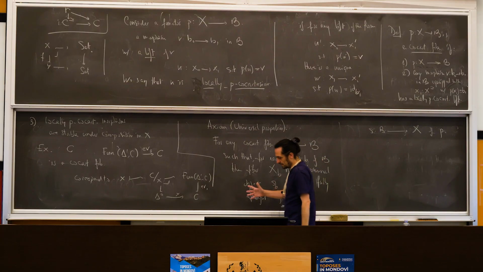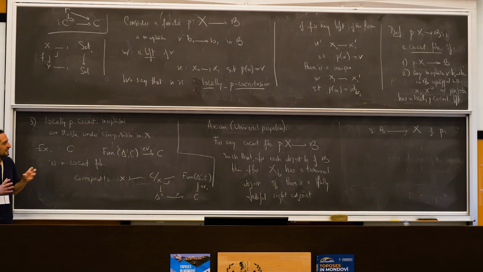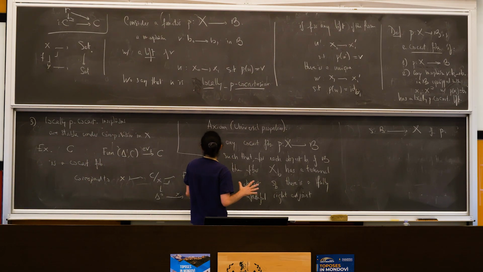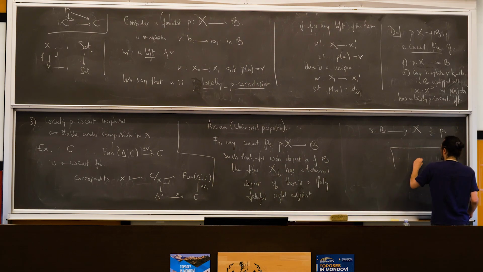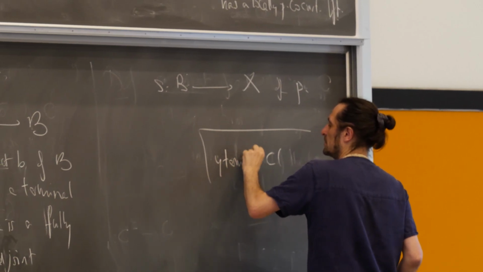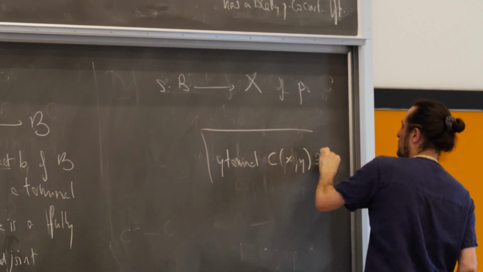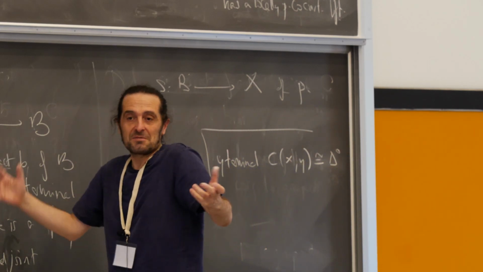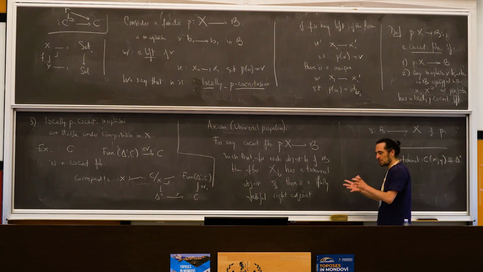So here, again, I won't write it in formulas, because the idea is that you can really mimic all definitions. So what it means, for instance, that an object is terminal. I will maybe write it here. So you can say that Y is terminal. That means that for any X, this is equivalent to a point. Yeah? So this is what it means. Okay, why not? Then adjunctions, it will be